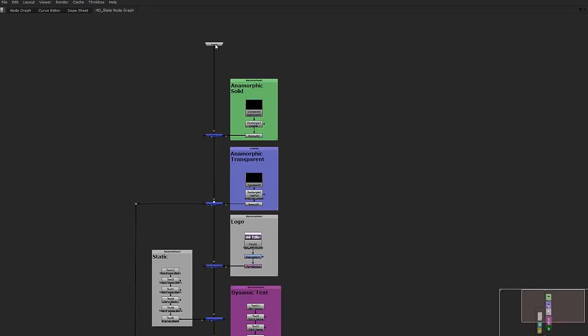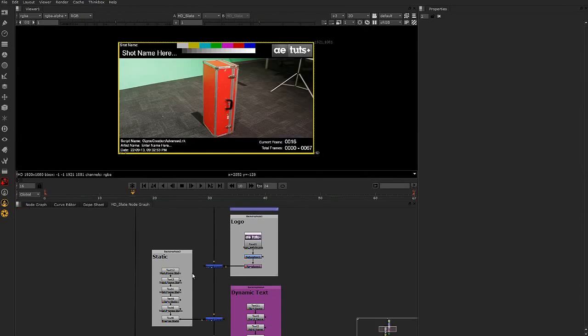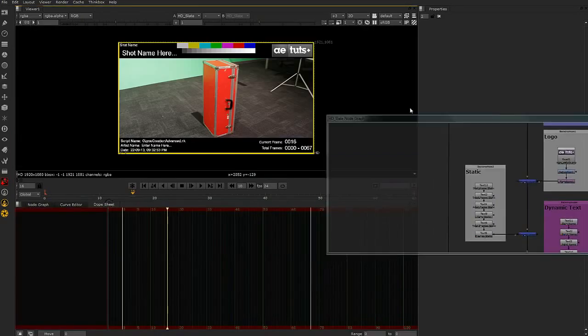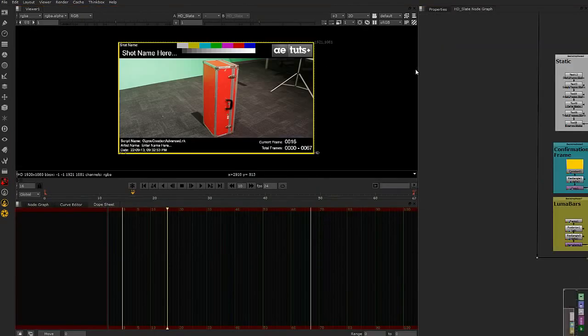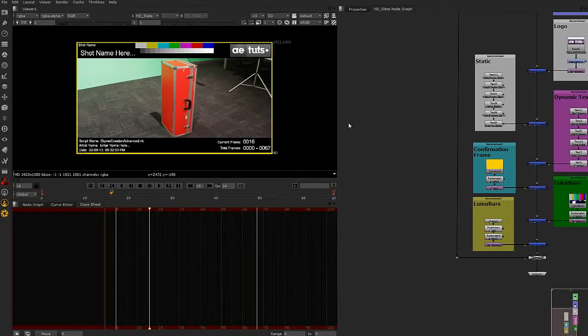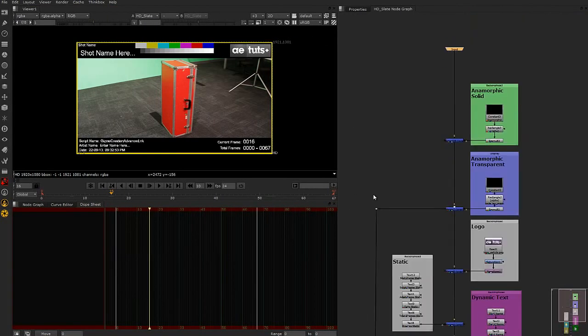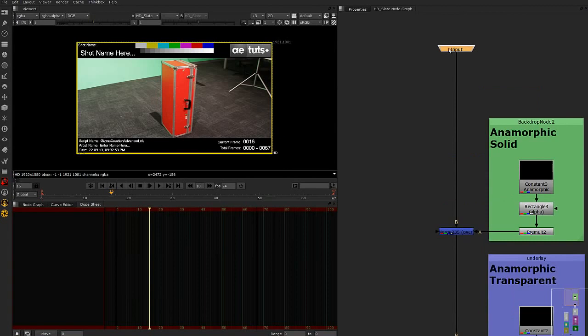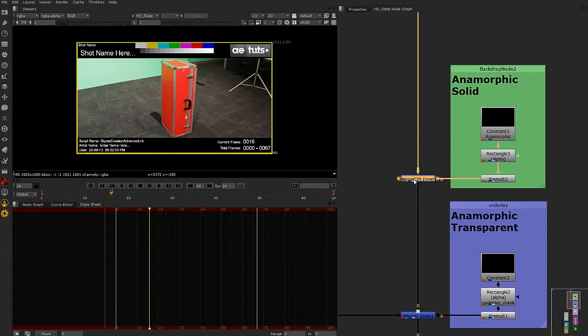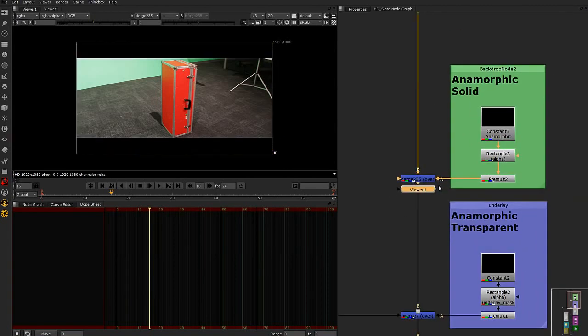We've got an input at the top, comes in. In fact, what I might do is just minimize that and pull this over into here, just so we can see with a bit of a viewport happening over here as well. So I've got an input happening here. It comes down into this merge. If we just have a look here,